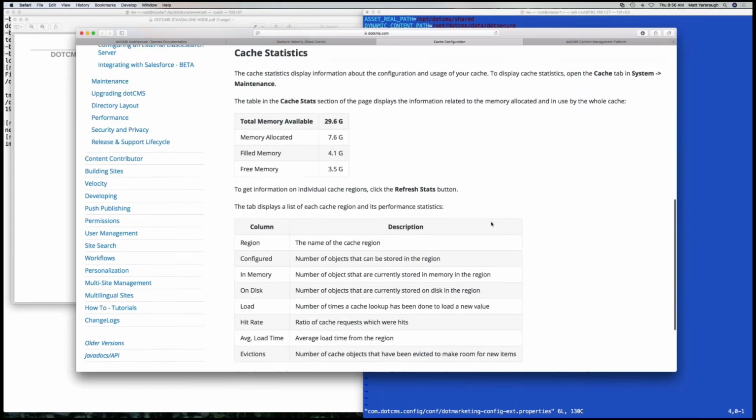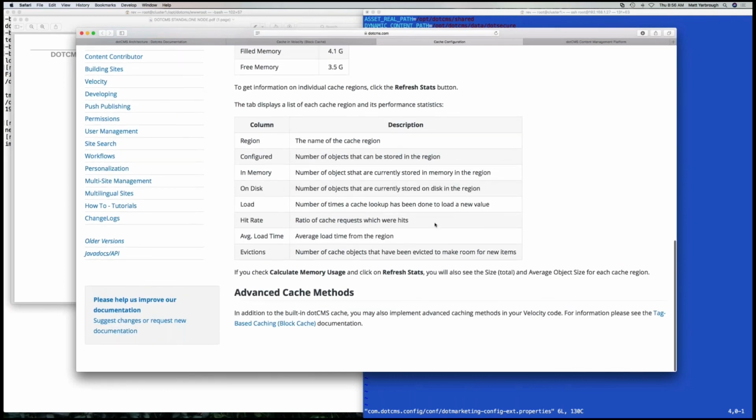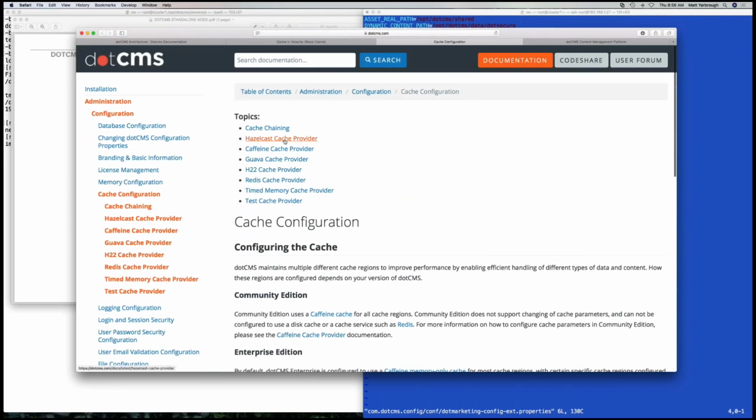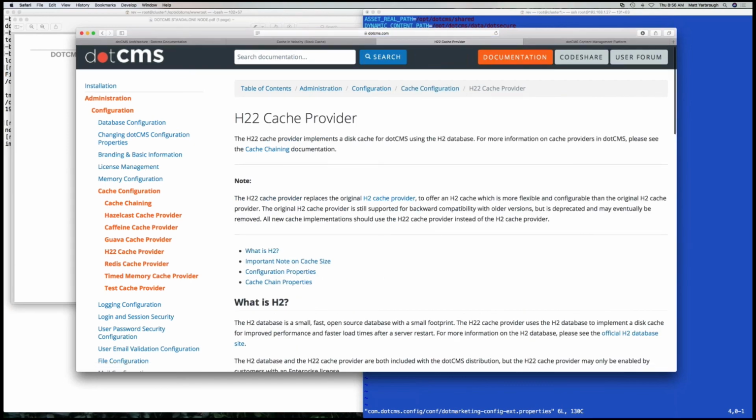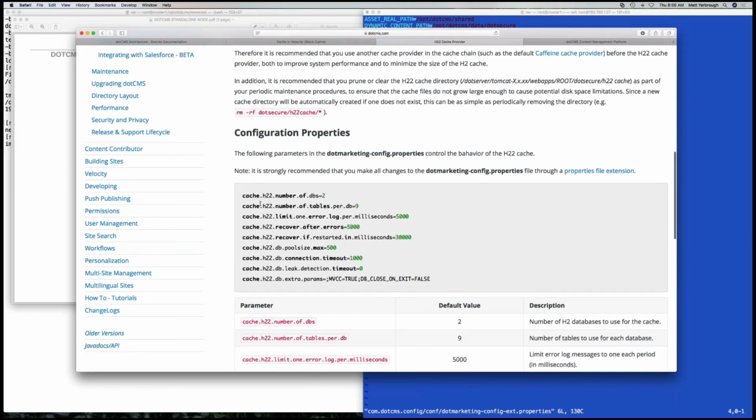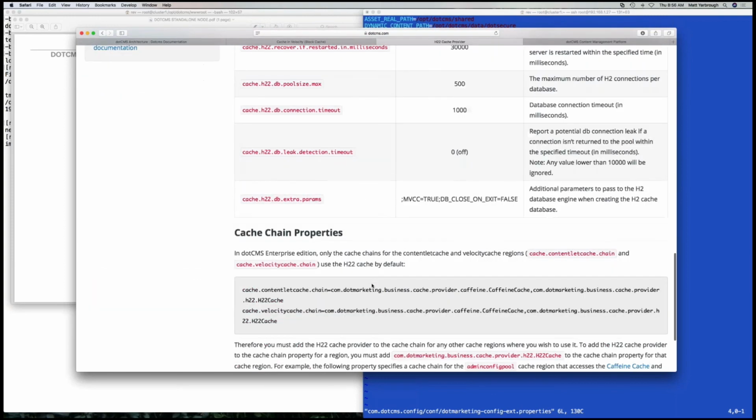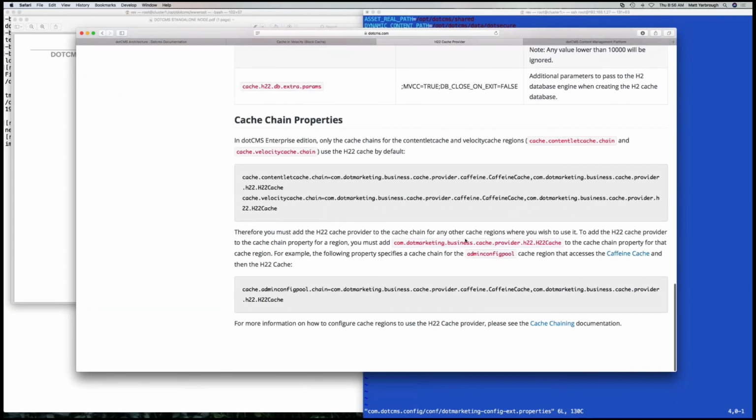There are more details you can go into, in particular if you're wanting to use Hazelcast as your cache provider. In a cluster environment we're going to go with Guava, and in standalone we use Caffeine. The H22 cache provider is the on-disk provider. So if we're specifying any particular region, we're generally going to use the on-disk as part of a chain,